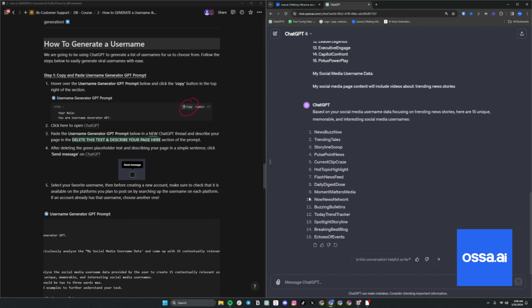Wonderful. So one thing you want to do before you go take time to create your accounts, and like I said, do not create your accounts till you go through section 3, because we're on section 2 right now. So please do not create your accounts. But before we even do that and we go and create a profile picture, decide on a username that you like. So let's just say that we want to do Moment Matters Media. So let's grab that.